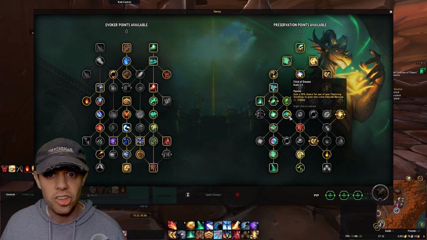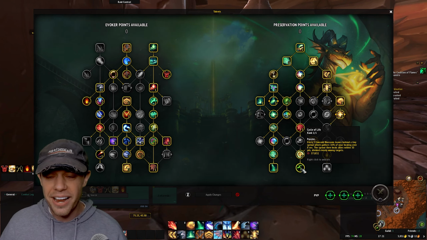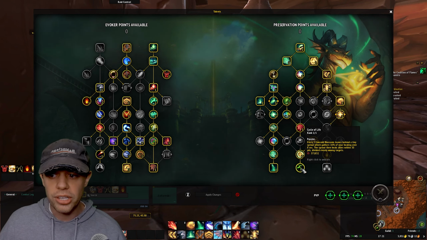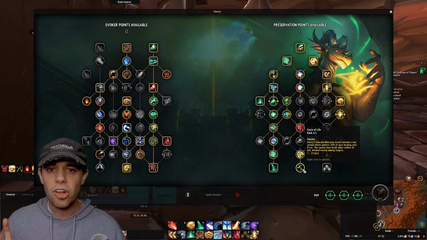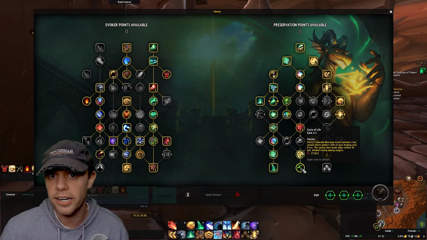But the fun doesn't stop there. We go down to Cycle of Life. Every 3 Emerald Blossoms leaves behind a tiny sprout, which gathers 10% of your healing over 8 seconds, and the sprout then heals allies within 30 yards, divided evenly among targets. So with these talents I've just shown you, we're going to have about 569 Emerald Blossoms